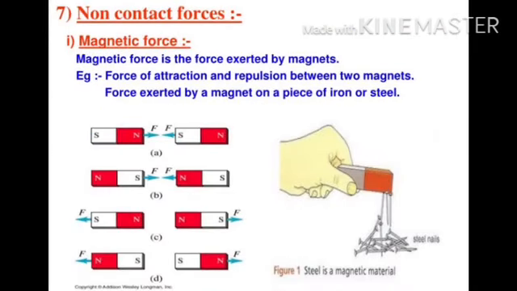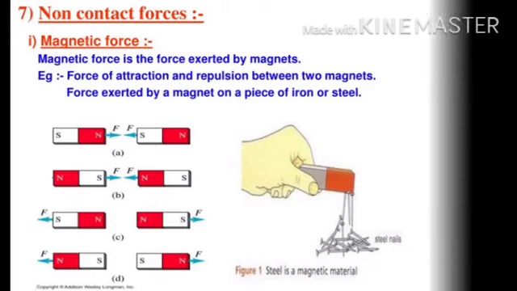Now non-contact force, magnetic force. Magnetic force is the force exerted by a magnet. For example, force of attraction and repulsion between two magnets. Force exerted by the magnet on a piece of iron or steel. We know that a magnet has poles. There are two poles, south pole and north pole. If we bring two magnets close together, like poles repel each other, and unlike poles attract